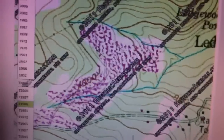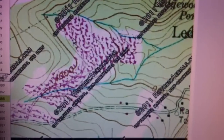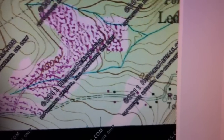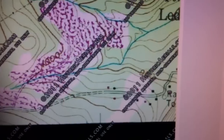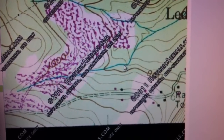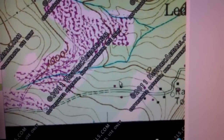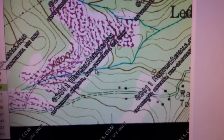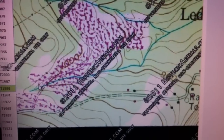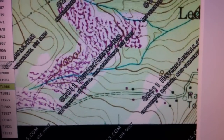What you're looking at is a 1986 topographical map of the Fenimore landfill area. What's great is that I can click on 2007 and get a satellite image, and you can see that this stream runs 500 yards off of Mountain Road behind these homes right here, and it stays that distance all the way past as it crosses the entranceway to Fenimore landfill in